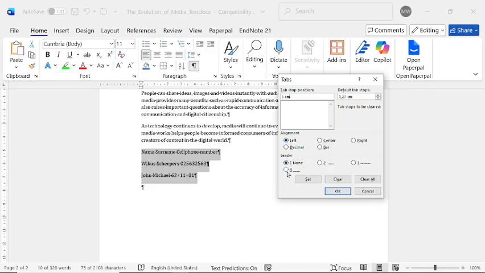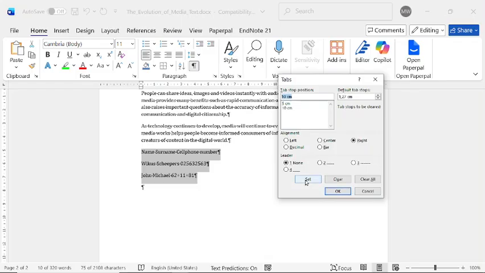And you can add things such as what we call a leader, such as these dots, the dashes, or these scroll, or basically underlined space. Now I'm going to say left aligned. I'm going to say these dotted one, and I'm going to click on set. Now you'll see that we've got a tab stop here, which is 5 centimeters. And then I'm going to create one for 10 centimeters. And this one I'm going to align to the right. Now this time you don't have to add a leader, you can if you want to.